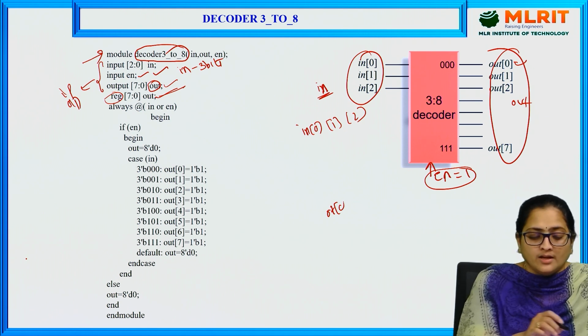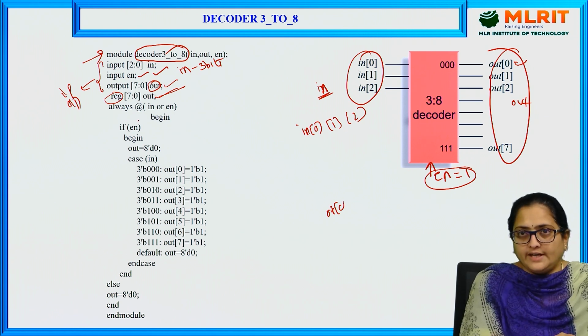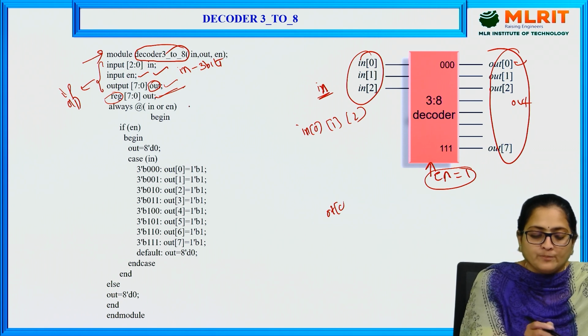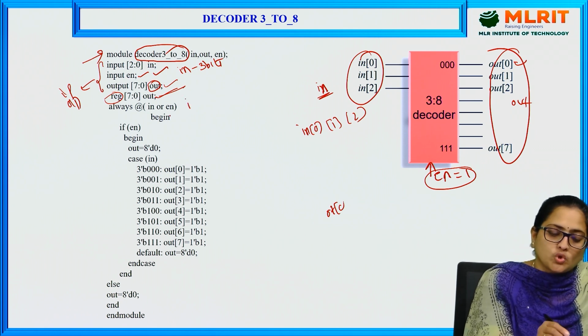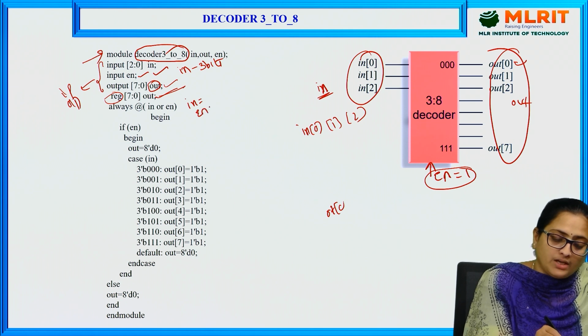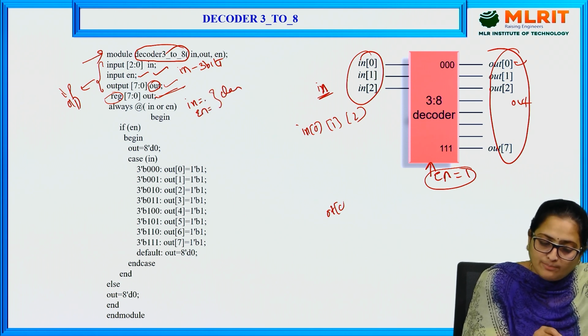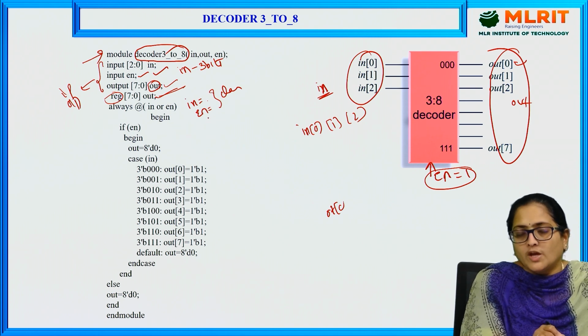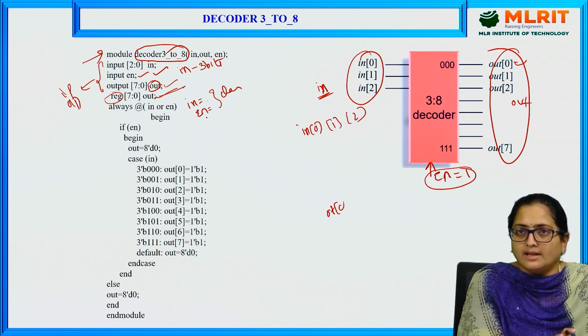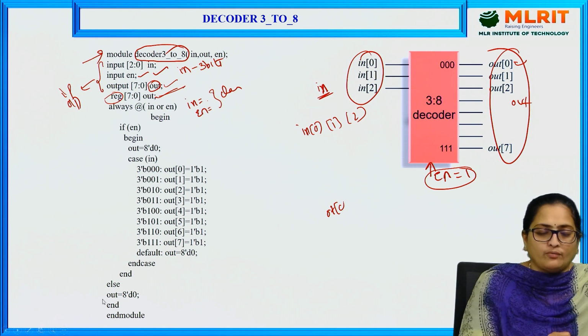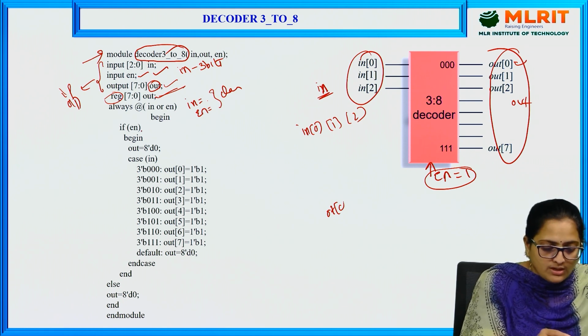Now, as I said, we are writing a Verilog code for a 3 to 8 decoder using behavioral level modeling. So I am using always @(IN or enable). This shows that when the input or enable pin is changing, it checks the input pin and enable pin. If there is a change either in the enable pin or the input pin, these statements will be performed. As I am using multiple statements here, I am starting with begin.